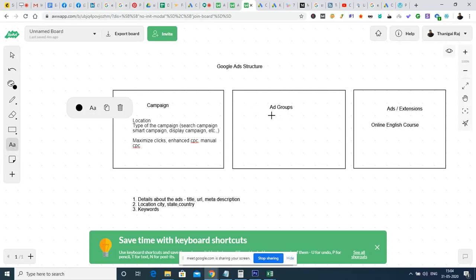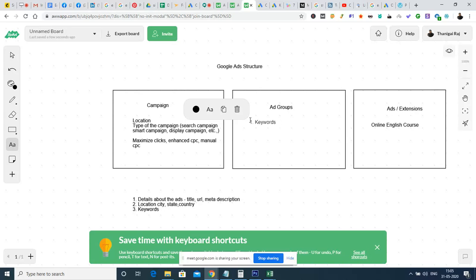And then what do we have inside the Google ad groups? So inside the Google ads we can create multiple ad groups. So we can create one ad group which will have some keywords. We can add some 100 keywords or 150 keywords or 10 keywords or 2 or 3 keywords for a separate ad group.